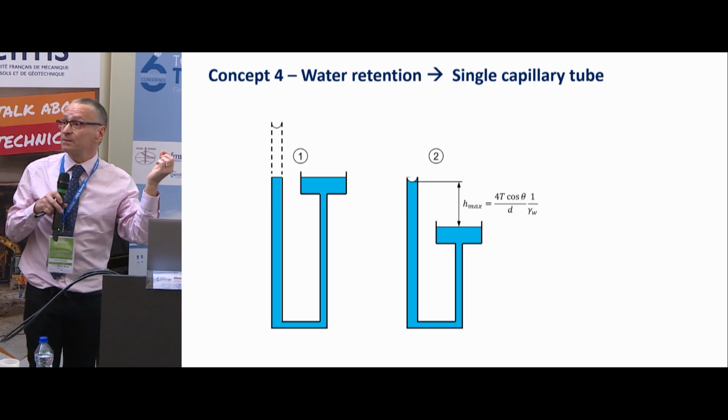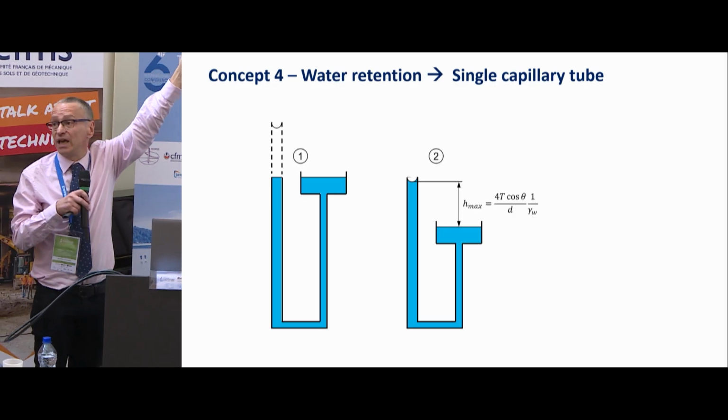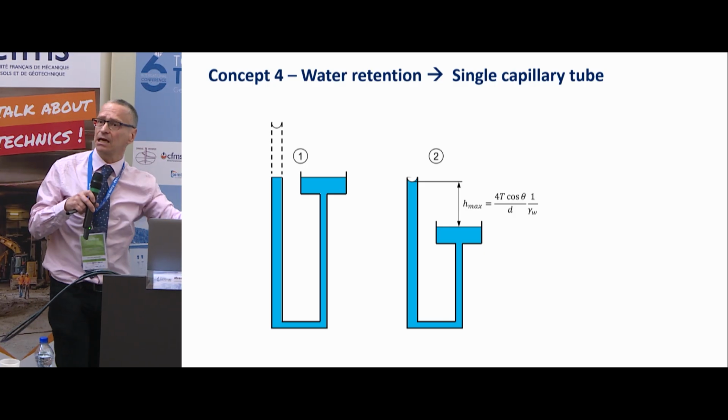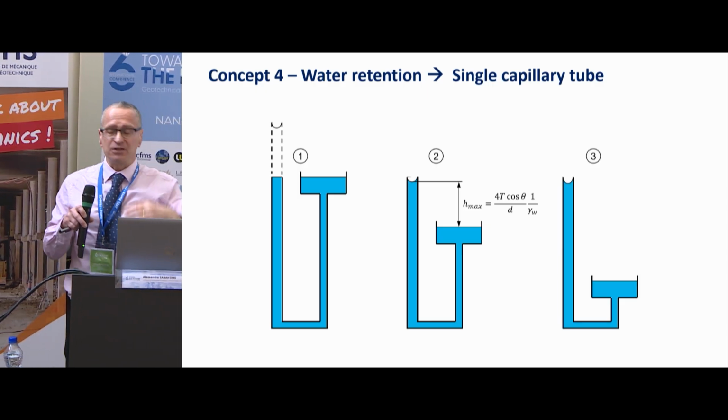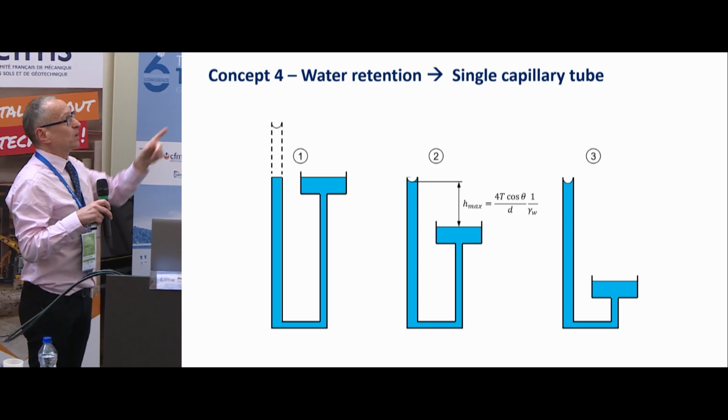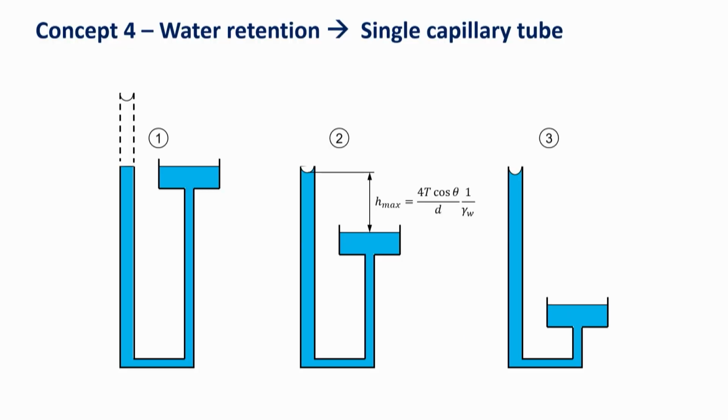The system may remain in equilibrium. Of course, in order to remain in equilibrium, at the top you need to have a negative pressure, but this can be accommodated by the meniscus that is bending. But if you move it further, at some point, the meniscus can say, I cannot bend anymore to accommodate that pressure, so I need to go down. So I'm moving down in order to maintain the capillary rise at the same level.